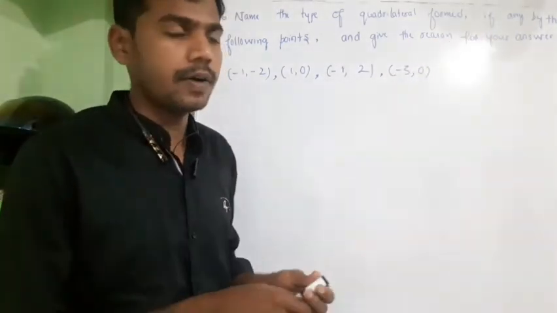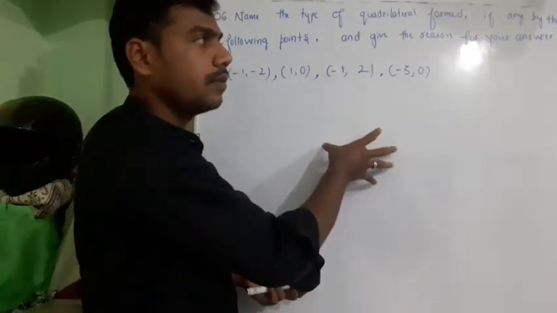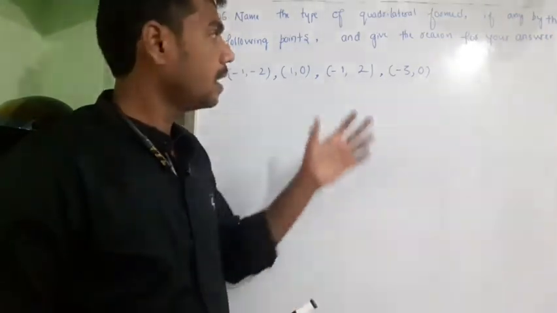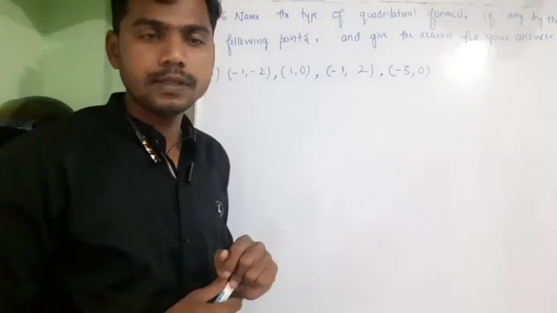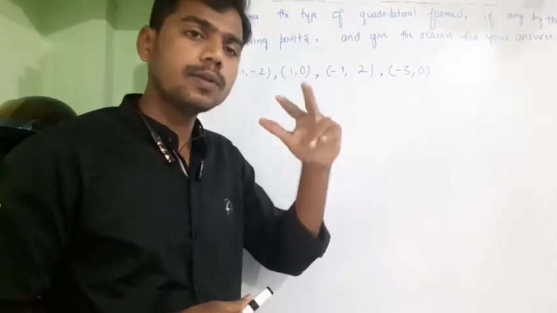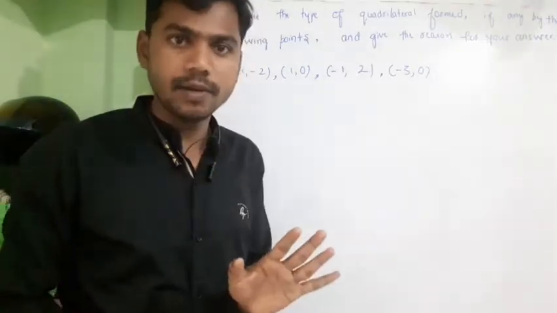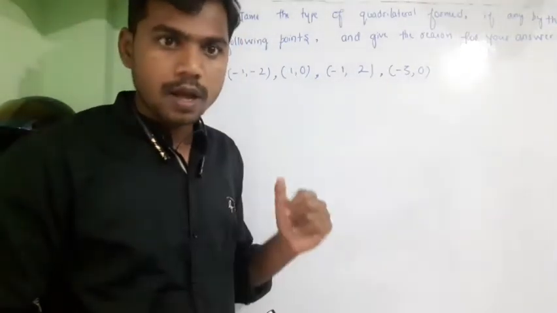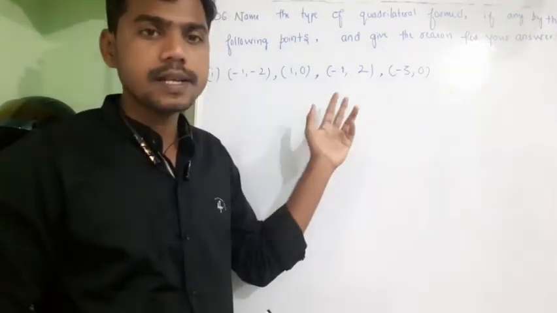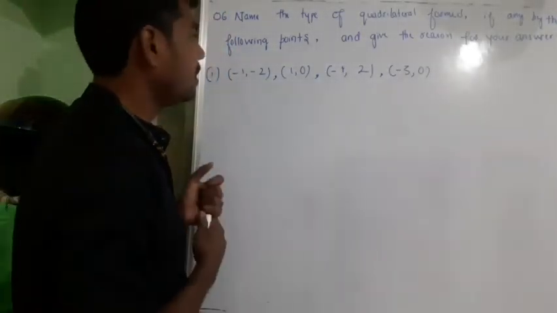We need to give a reason. Once I say it is a quadrilateral, I need to give a reason for a specific type of quadrilateral. Suppose I say the given points form a square, it means all the sides should be equal and the two diagonals should be equal. If all the sides and the two diagonals are equal, then I can conclude it is a square. Otherwise, if opposite sides are equal and the diagonals are equal, then I conclude it is a rectangle. So in that way, we need to give a reason. We'll go through this.